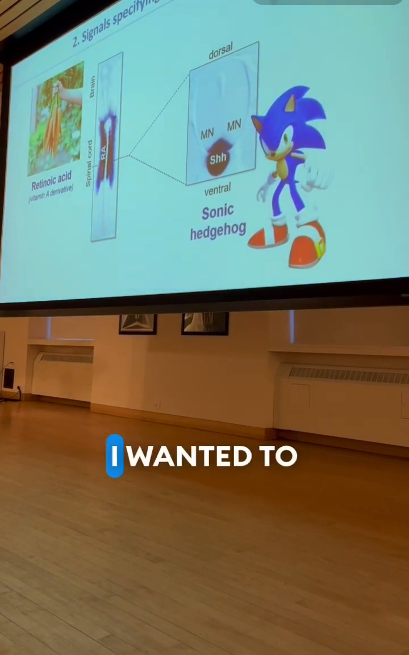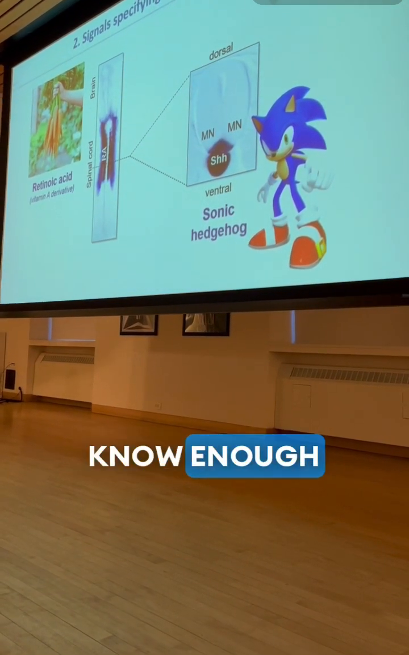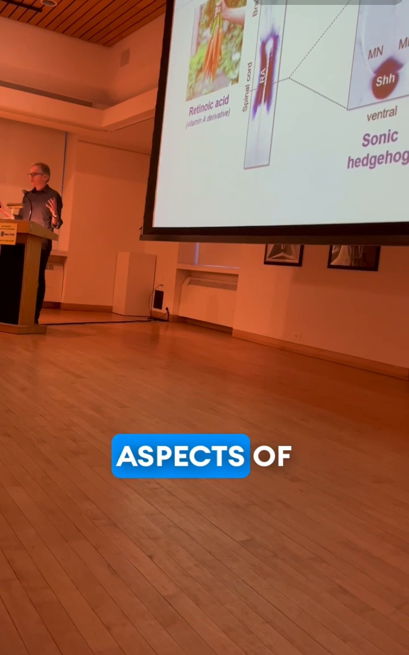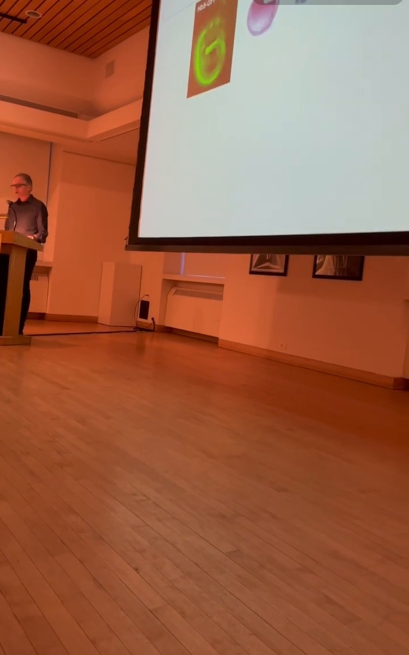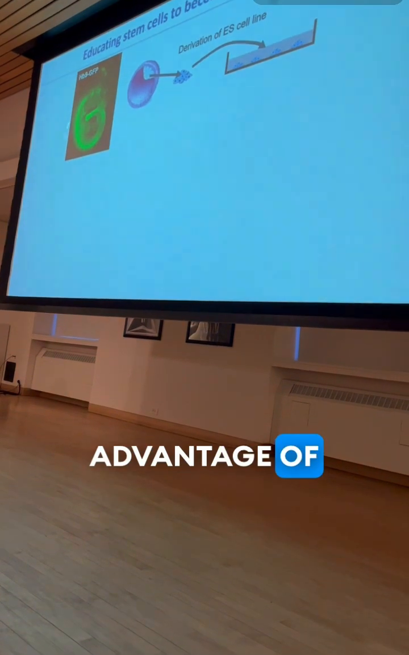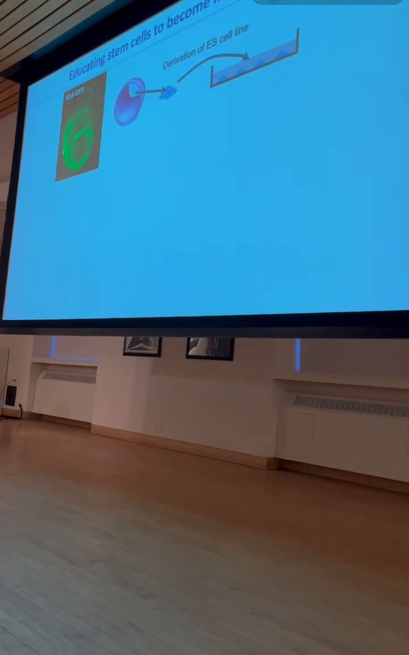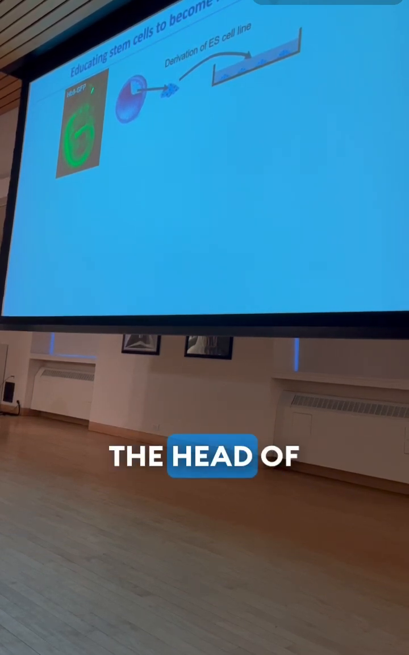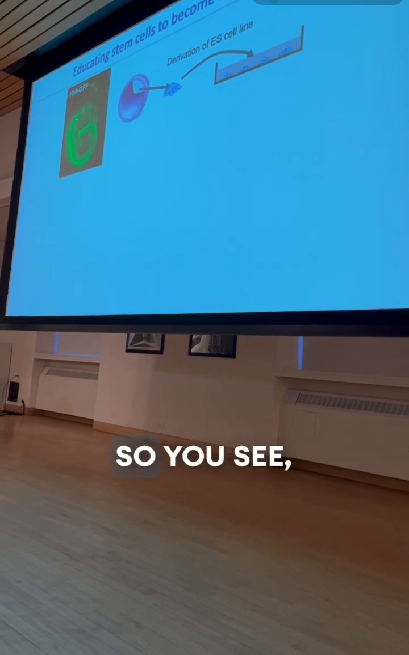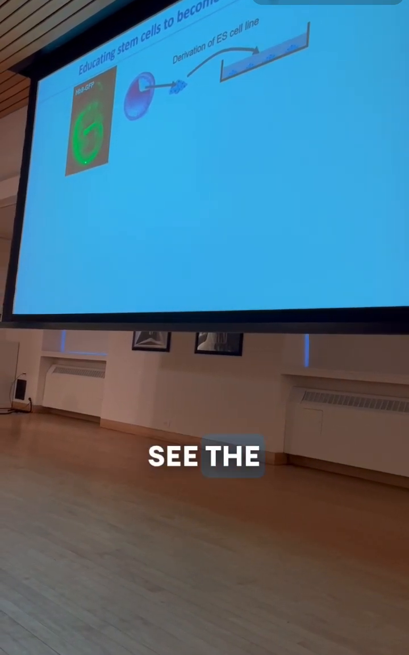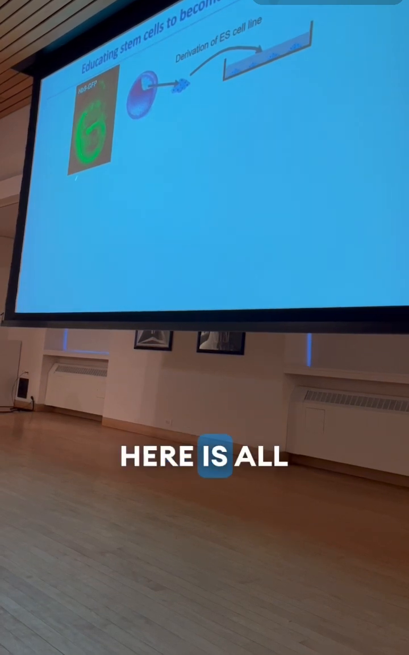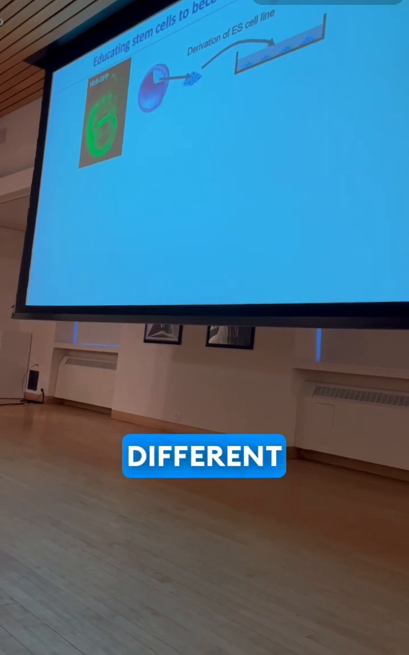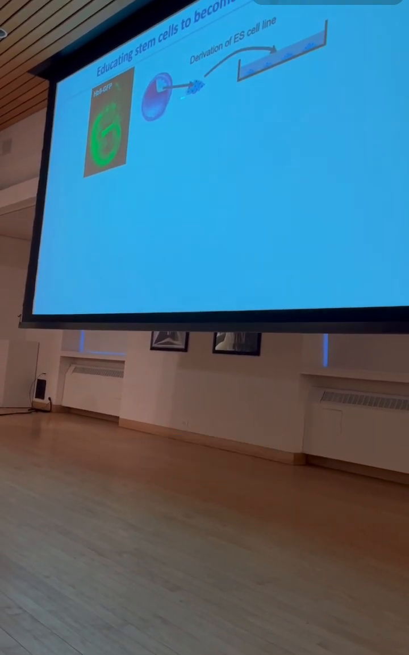And so what I wanted to know is whether we actually know enough about the signals that control motor neuron specification to allow me to recapitulate aspects of normal embryonic development in a petri dish. And so for that we took advantage of an engineered mouse that expresses green fluorescent protein in all spinal motor neurons. So this is the head of the developing mouse embryo, and you see it's pretty translucent and you can see the green fluorescent light. Here are all the cell bodies of motor neurons, and then you can see also the axons which are growing to innervate different muscles. So we took these mouse embryos, we derived embryonic stem cells